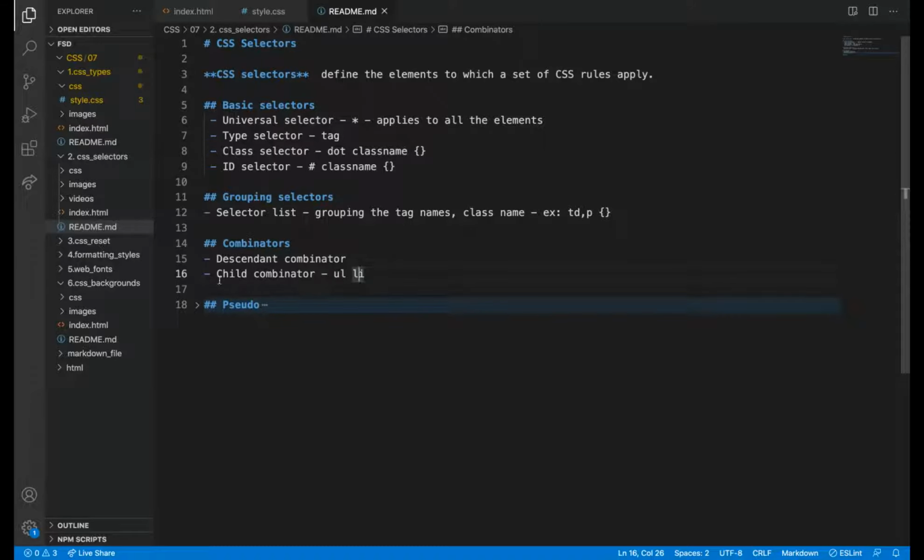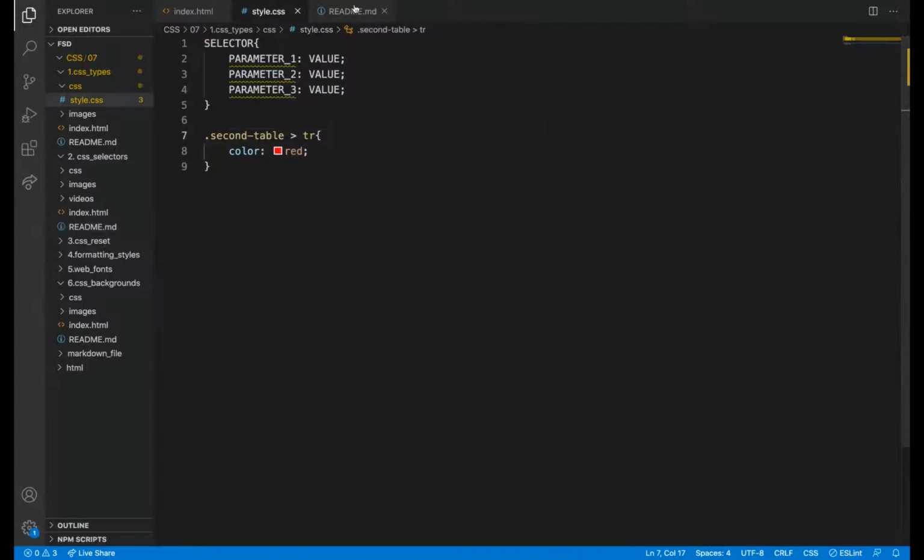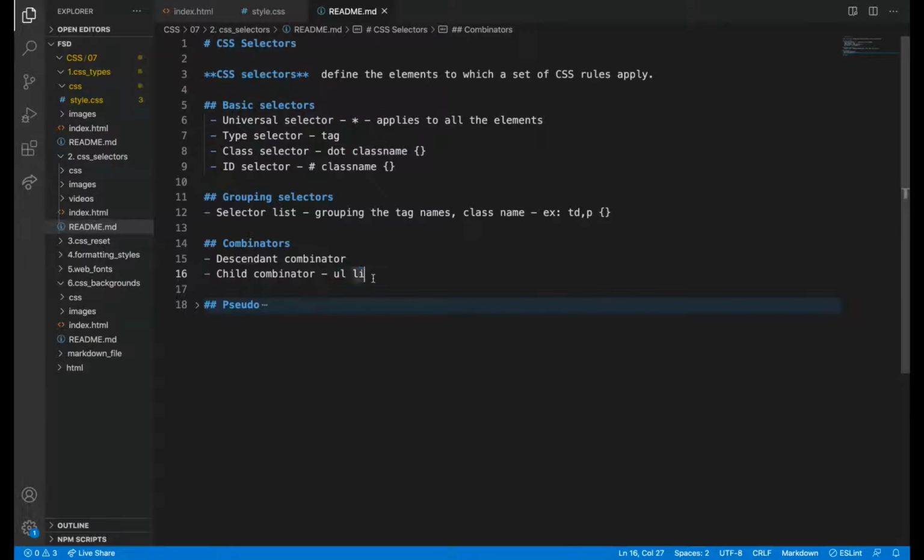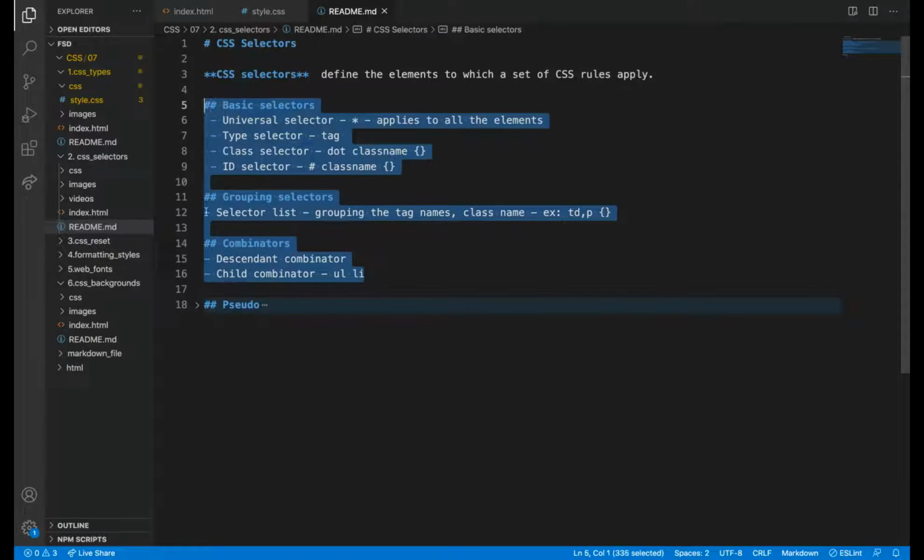So this is rarely used. If you want to practice, you can try with UL LI. So mostly we have completed this, and pseudo class selectors we will see later.